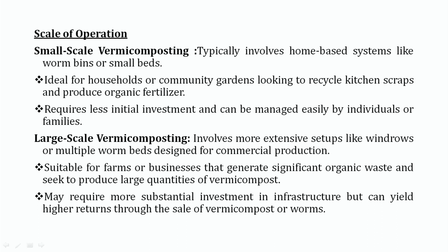But if we talk about large scale vermicomposting, it involves more extensive setups like windrows or multiple worm beds designed for commercial production. This is very suitable for farms or businesses that generate significant organic waste and seek to produce large quantities of vermicompost. Large scale vermicomposting may require more substantial investment in infrastructure, but can yield high returns through the sale of